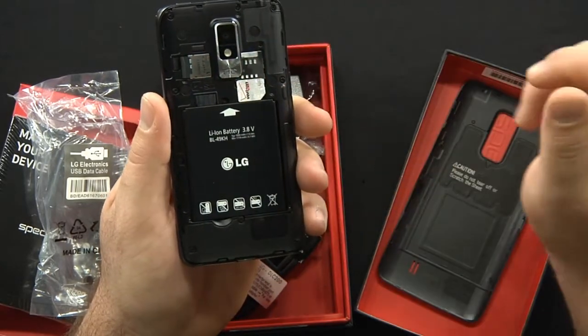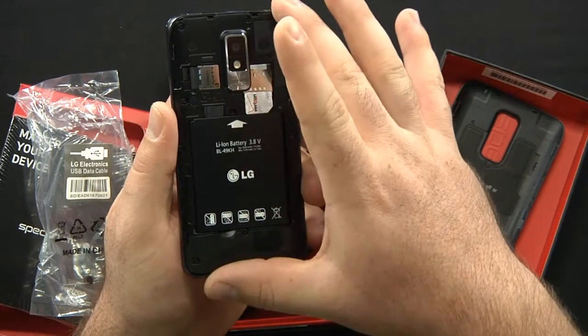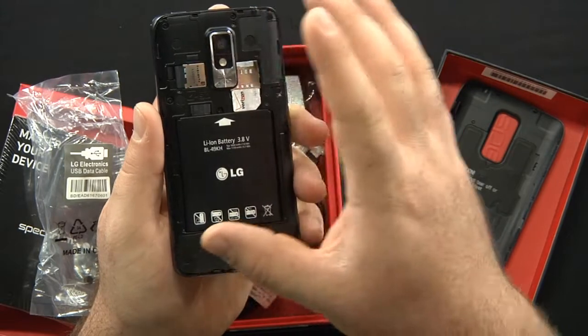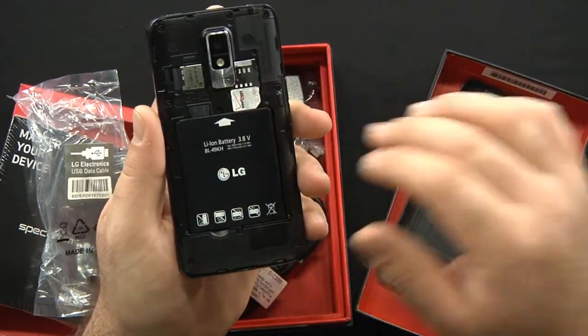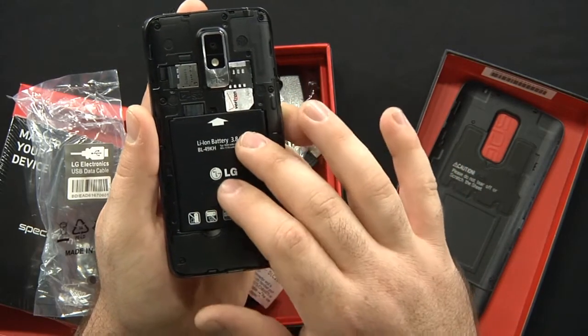We have a 16 gigabyte micro SD card pre-installed. There's 4 gigabytes of internal memory. That's the correct term. And then here is the Verizon Wireless 4G LTE card, but also they didn't announce it at the show,